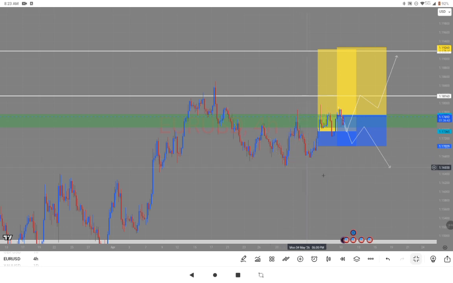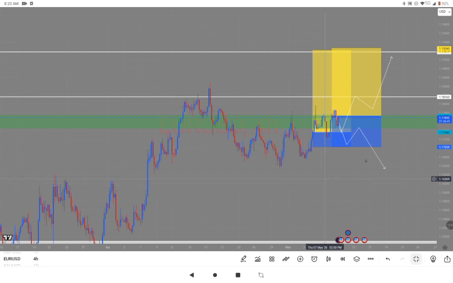I'm expecting to approach the EURUSD trade this week like this. Since we already got this retracement, just like this line you're seeing, you can see my directional line. From this particular point, I expected the retracement to drop off to this particular point, just like the inverse of what happened on the dollar index just now. So I'm expecting the market to drop to here and then bounce off to the upside right here, and maybe we can have some retracement before the expansion to 1.1926, which is this white line you're seeing here.